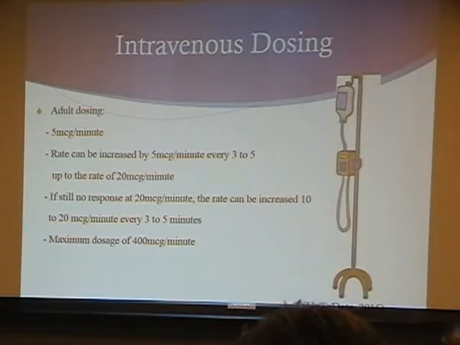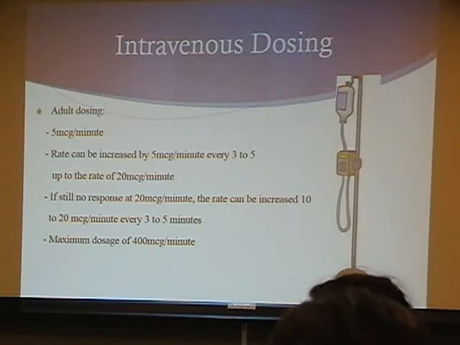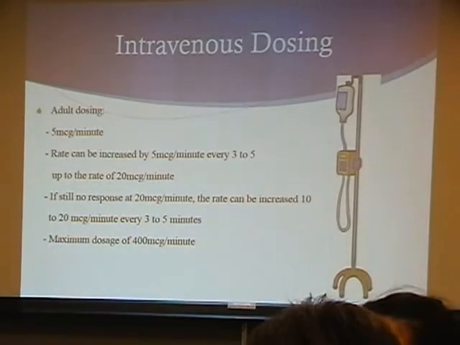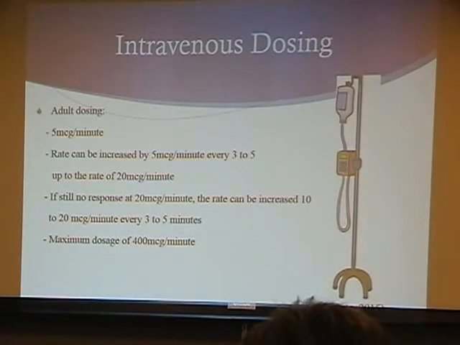The usual adult dosing is 5 micrograms per minute. The rate can be increased by 5 mics per minute every 3 to 5 minutes up to the rate of 20 mics per minute. If still no response at the 20 mics per minute, the rate can be increased 10 to 20 mics per minute every 3 to 5 minutes with a maximum dosage of 400 micrograms per minute,